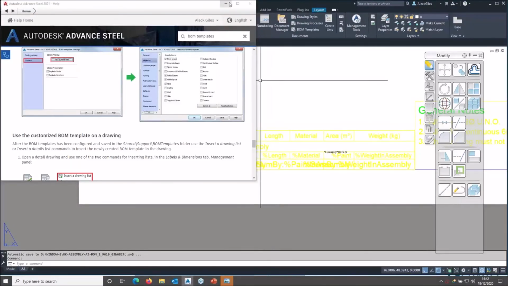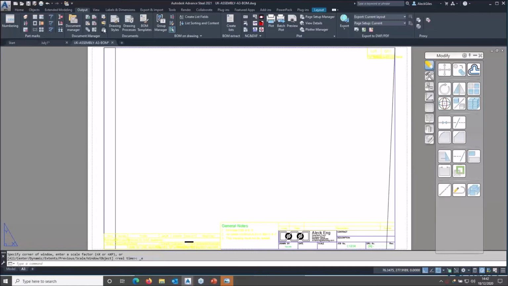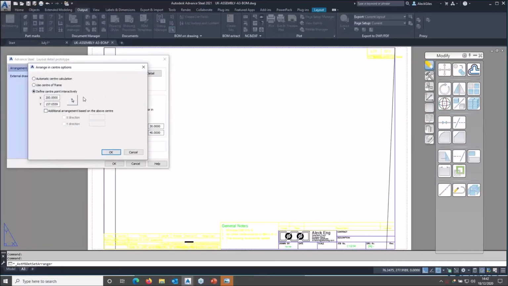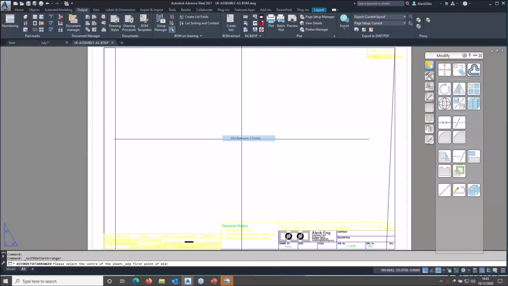So if I was going to do that on this sheet, I would say output, define drawing layout. So it says arrange in the center, but I'll go to detail, define point interactively, pick the point. Now I know I want to go between the top of the revision table there and the corner of the border, but now I've got this extra margin down the left. I want to stop here. So I will say shift right click mid between 2 points, and then I will go from the corner of